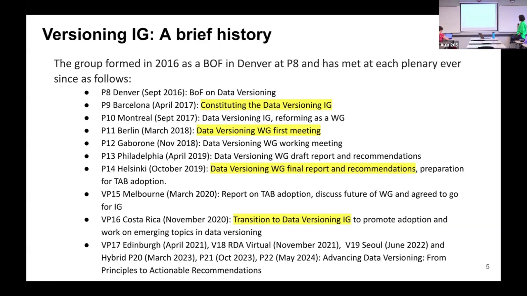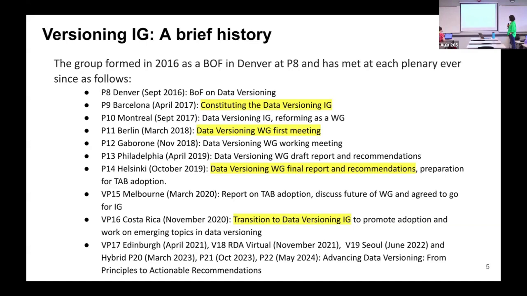That went through its usual life cycle, and we presented the results of this working group at the virtual Plenary 15 in Melbourne, online, in March 2020 for adoption by the RDA Technical Advisory Board, and then discussed the future of the working group and agreed to continue as an interest group. So we've since transitioned to an interest group where we continue to promote the adoption of data versioning principles and work on emerging topics in that field.